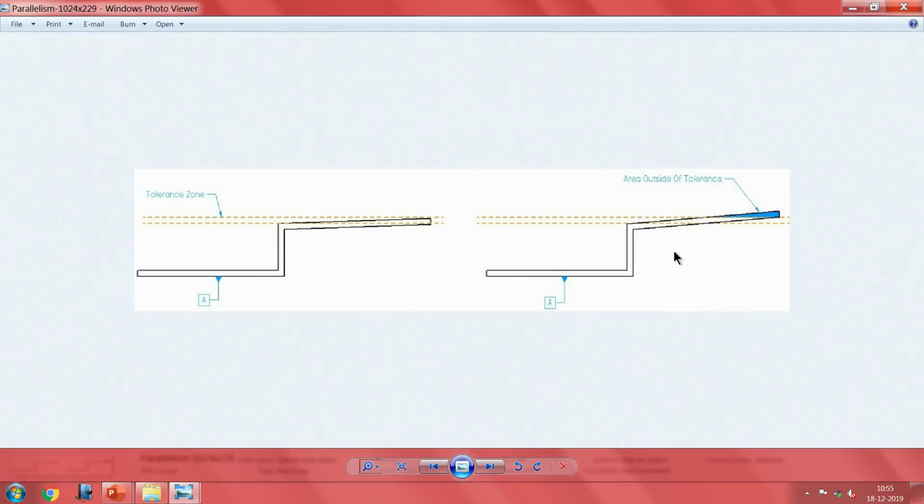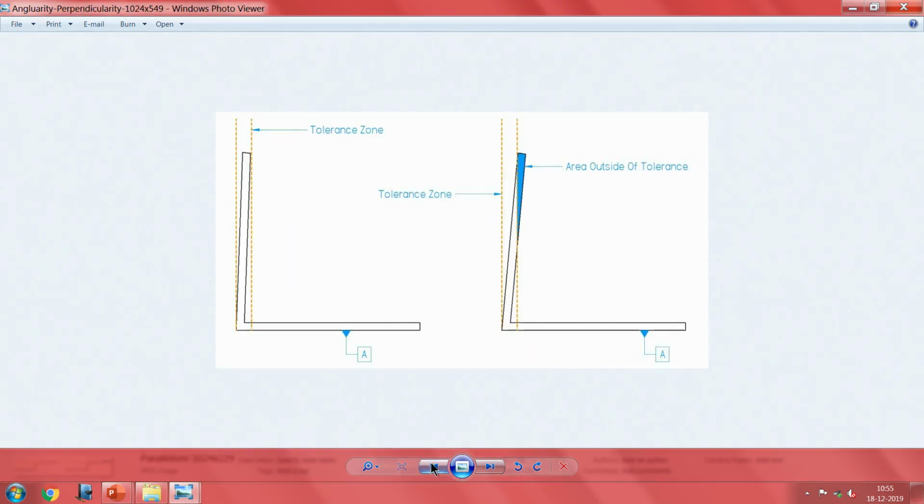That is where things like parallelism and other features are presented very well here. This is the tolerance zone, something has fallen out of sight. Imagine somebody makes a part, one end follows one edge of it and another end follows the other edge of it. Will you still accept it or not? This is where things like perpendicularity and parallelism are stressed regularly. And the magic is, a simple solid model very rarely seems to take care of these things.